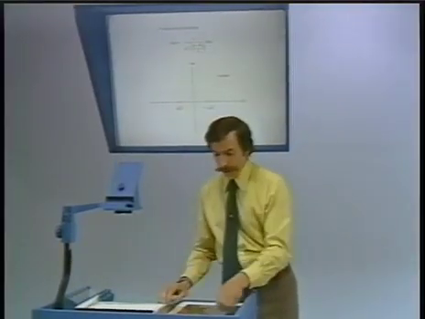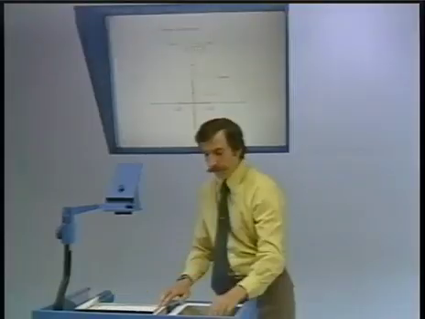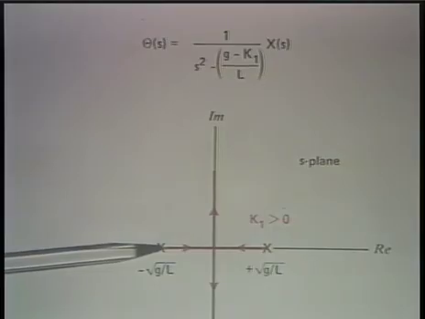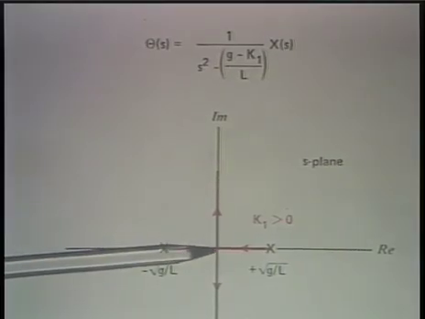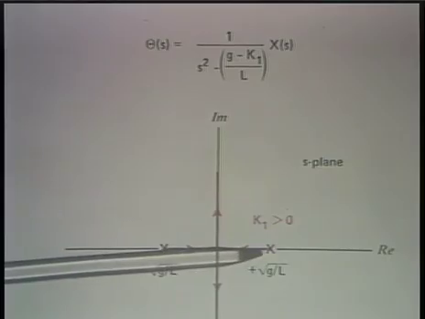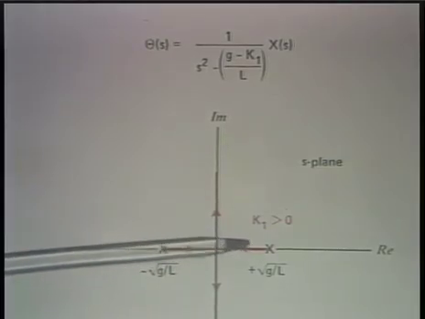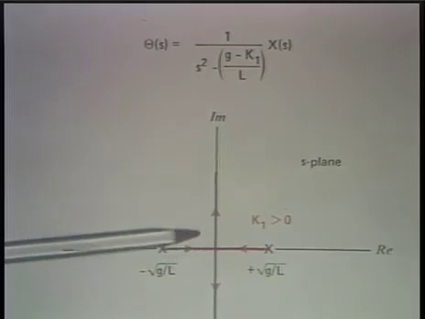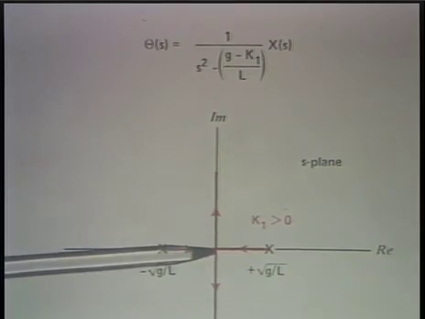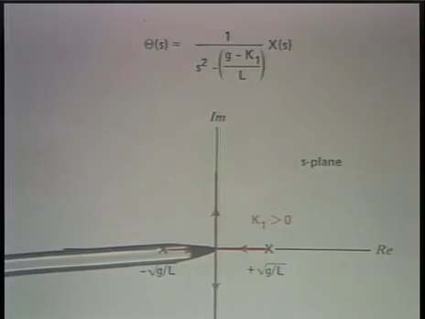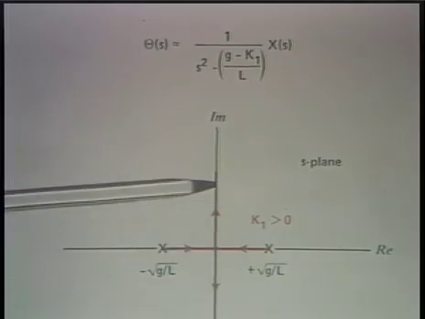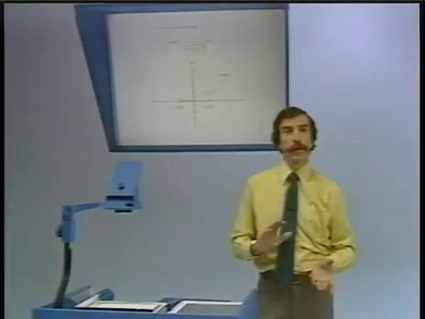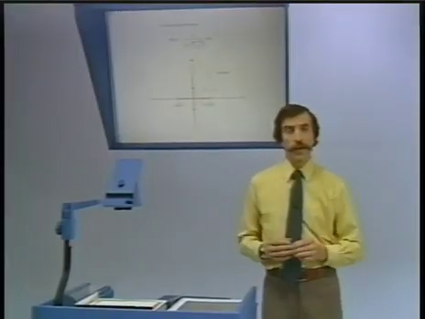And with k1 positive, what happens in this case is that the left half plane pole moves closer to the origin, the right half plane pole moves closer to the origin. What one would hope is that they both end up in the left half plane at some point, but in fact they don't. What happens is that eventually they both reach the origin, split at that point, and travel along the j omega axis. Now, this movement of the poles as we vary k1 either positive or negative, what we